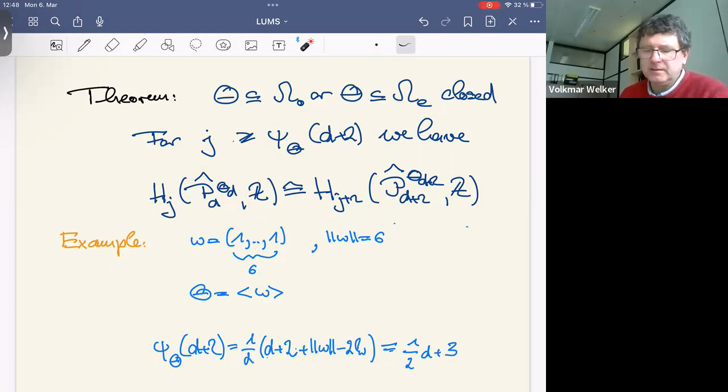So this means that, for example, in the Arnold-Vasiliev case, you have a very well prescribed description of where